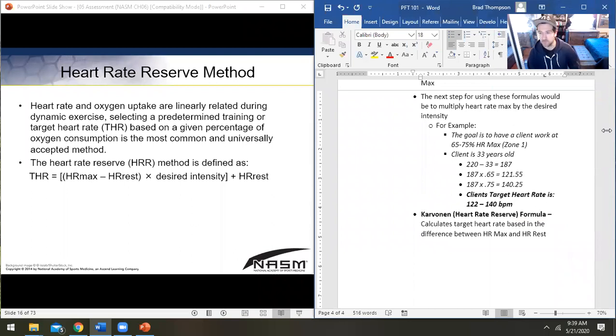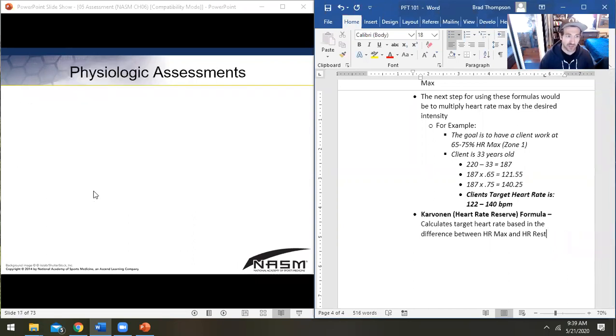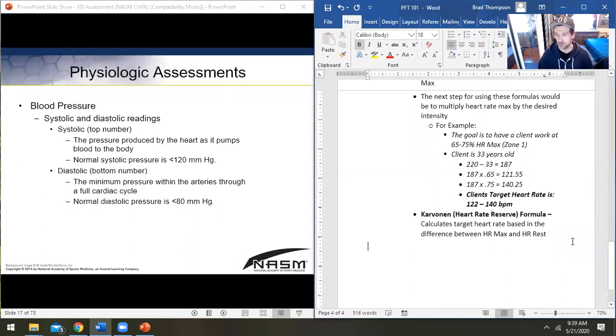So this is our heart rate reserve method. It will narrow the zones, right? Because a heart rate of 122 to 140 is a relatively large range. So we want to narrow that range to make it a little bit smaller. We can do that by calculating our client's resting heart rate. So for example,